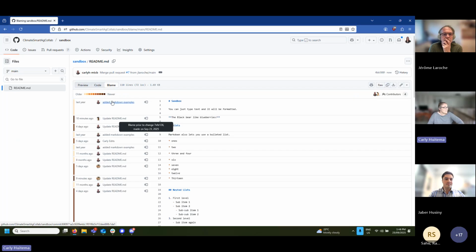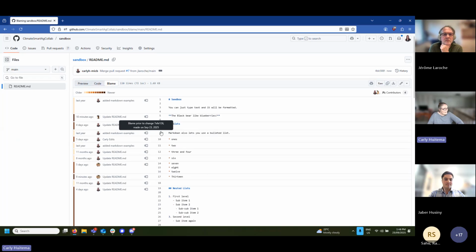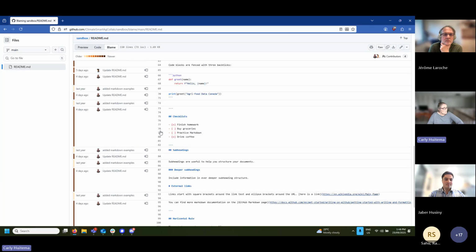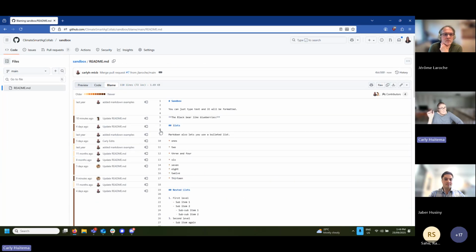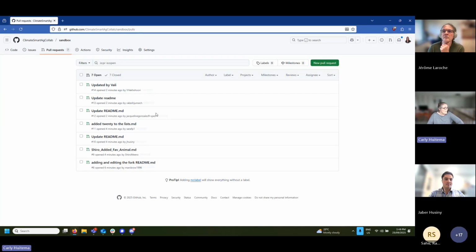And last year, when I first started on the sandbox example, is when I added these sections. So you can see through at this point of commits who was responsible for adding what. So now I'm going to go back